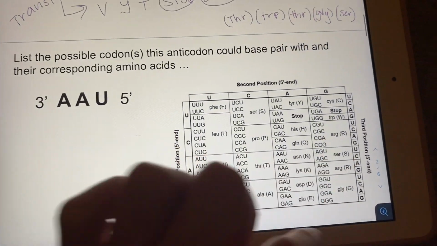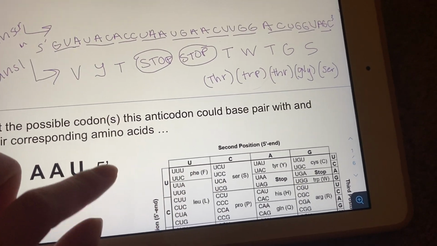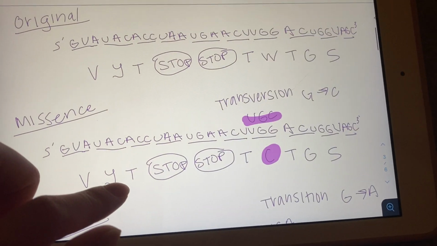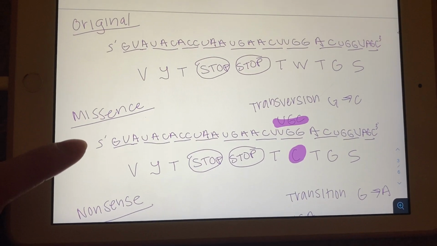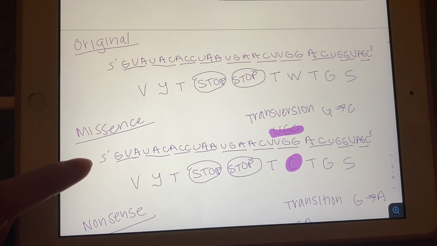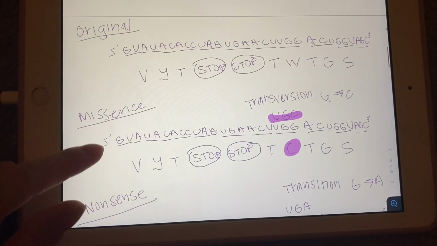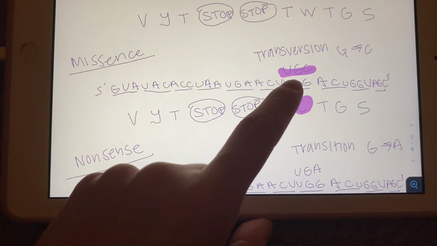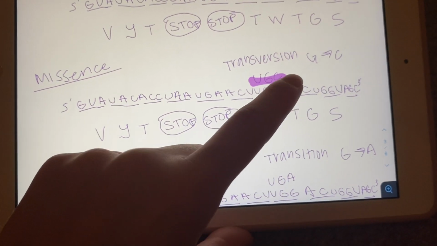And I did this using this chart right here, which shows you what each group of 3 codes for here. So if we scroll down, this is the original strand that I just showed. And first off, I'm going to show what happens if there's a missense in the translation process. So what is happening here is that this UGG has been changed to UGC, so G was changed